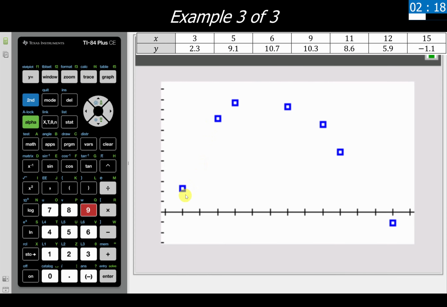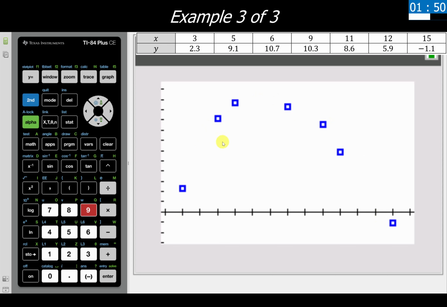Now we're trying to determine, does this look linear in nature, like a straight line going up from left to right, or going down from left to right? Does it look quadratic in nature, like an upside down parabola or an N? Or does this look exponential in nature, like it's decreasing, then it gets more and more over time? And this is going to be quadratic in nature, so we're going to do a quadratic regression.